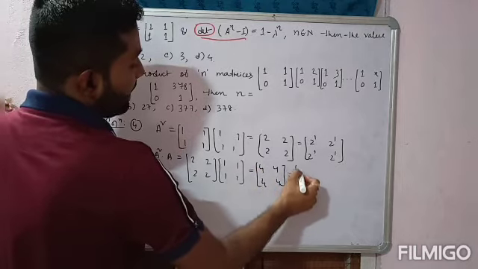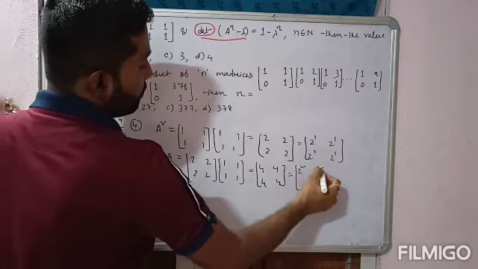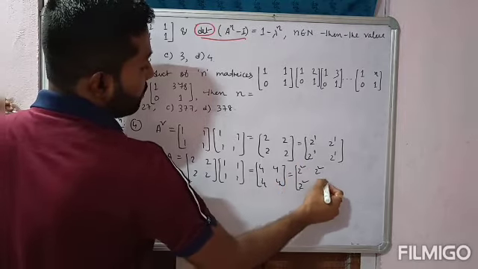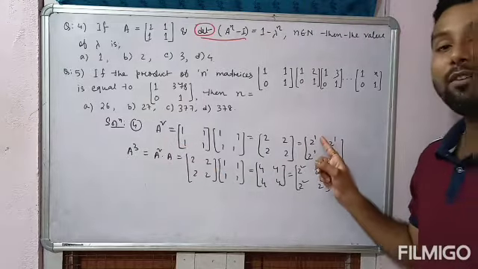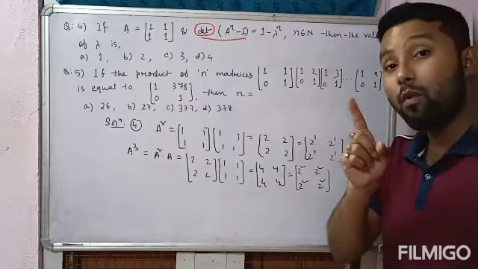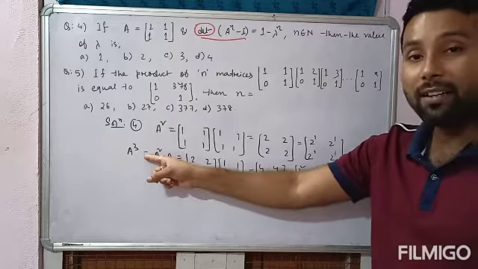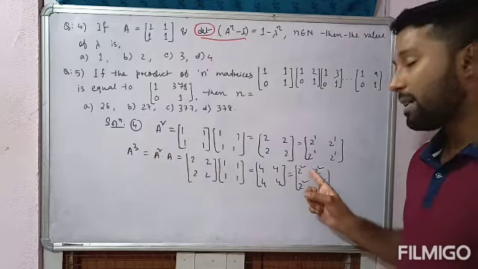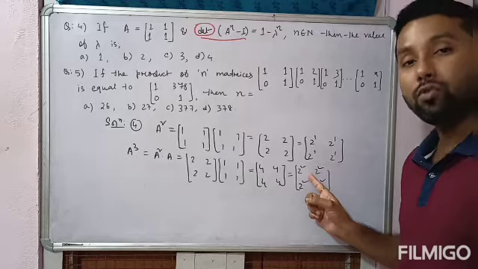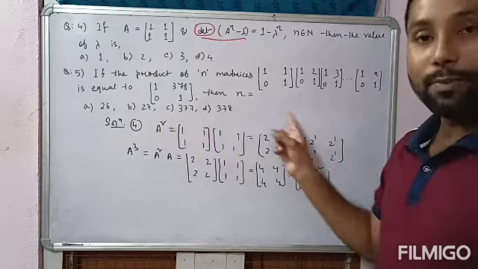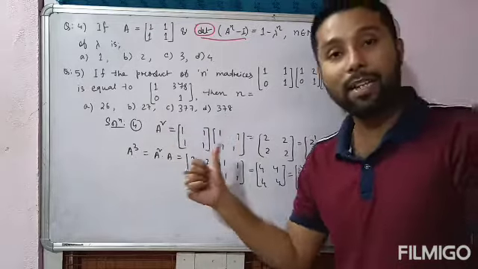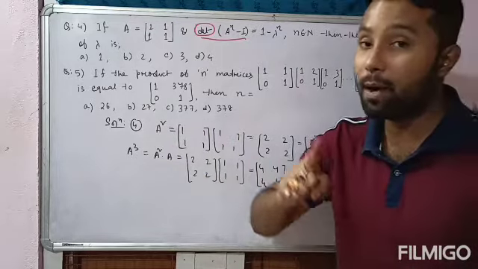This 4 can be written as 2 square 2 square 2 square 2 square. Yes, now you can see one sequence. जब a square का वैल्यू निकाला था तब एक्सपोनेंट क्या था, फाइनल रिजल्ट में एक्सपोनेंट क्या मिला था, 1. जब a क्यूब निकाला तब फाइनल रिजल्ट में एक्सपोनेंट क्या मिला, 2. तो मतलब एक कम होता जा रहा है ना। जब a स्क्वायर निकाला तब एक्सपोनेंट 1, जब a क्यूब निकाला तब एक्सपोनेंट 2 मिला, विच मीन्स जब a टू द पावर 4 निकालूंगा